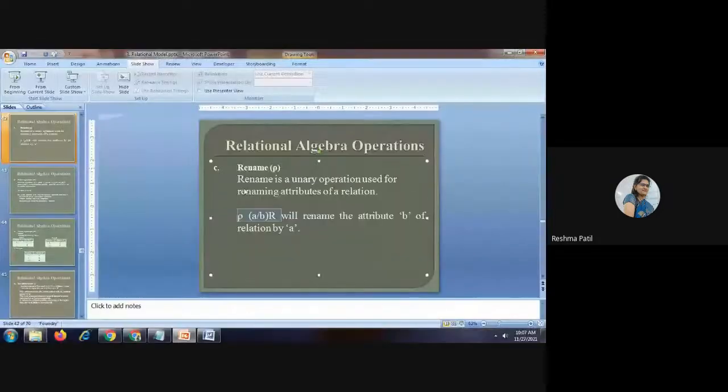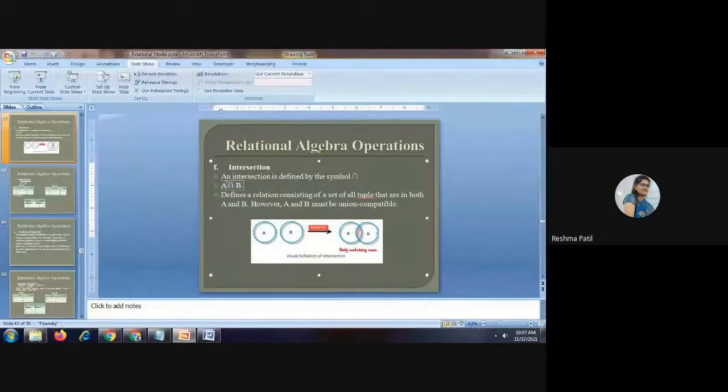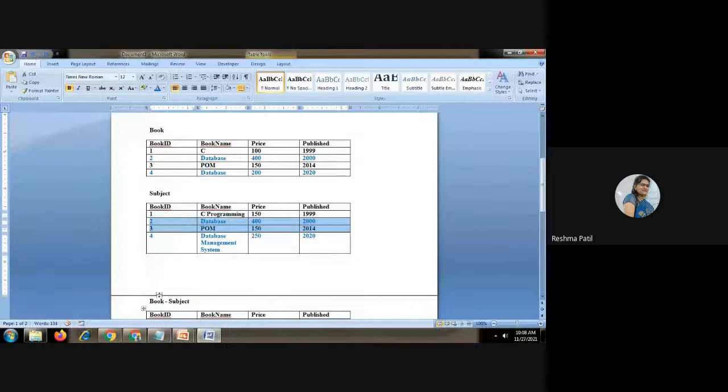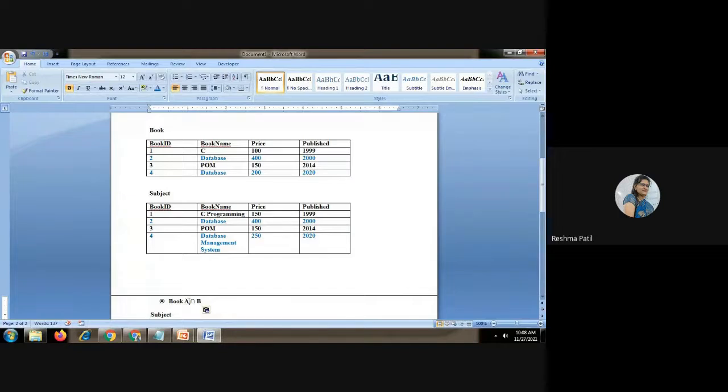So the same query we will apply on the table here. Now what is the result of book intersection subject?